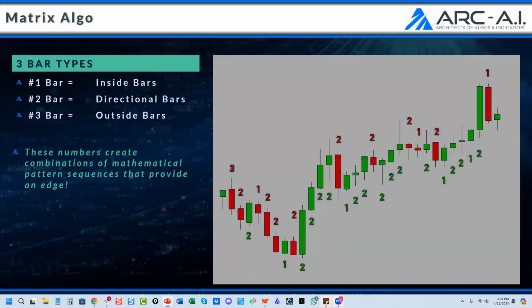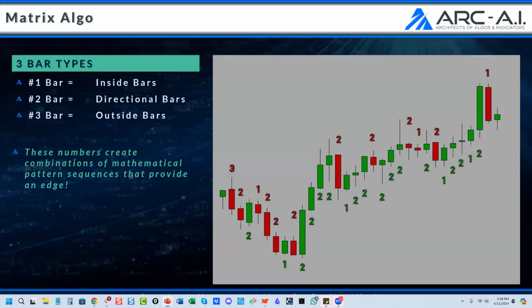So we have 3 different variations. You have 3 different bars, and this is where we're going to start assigning a matrix. You don't have to do this, but I believe in going under the hood. The software does this, but I want you to learn it and understand it, and I want you to be able to decipher what I'm showing you.